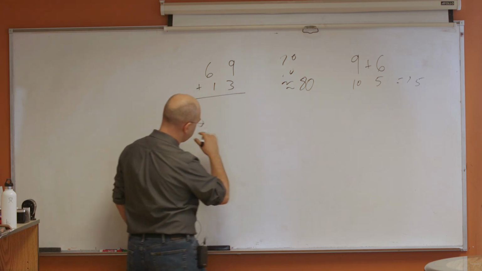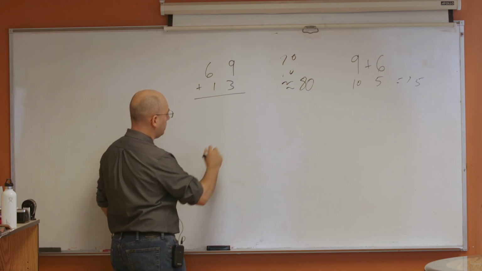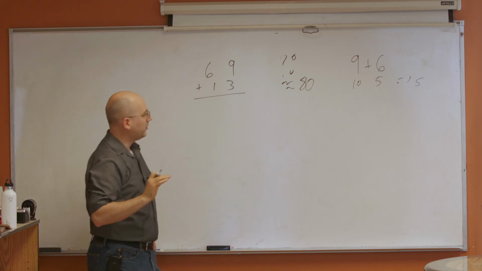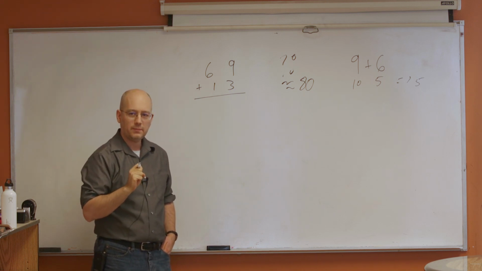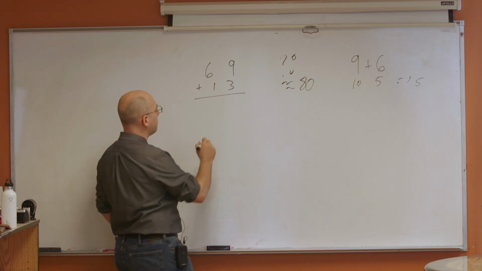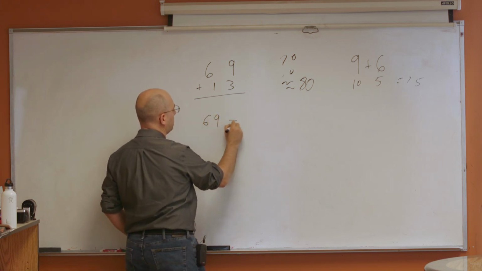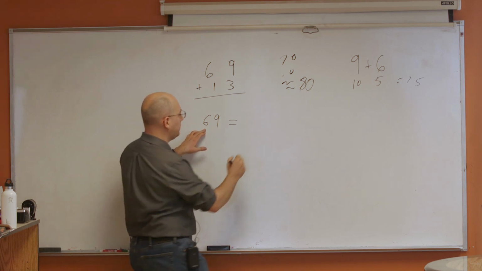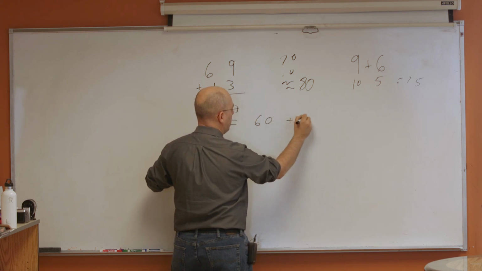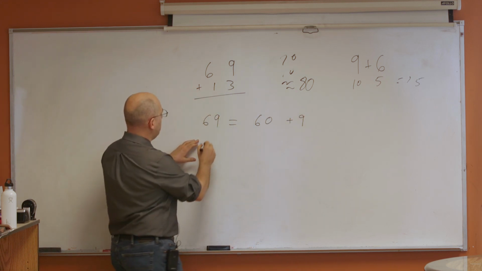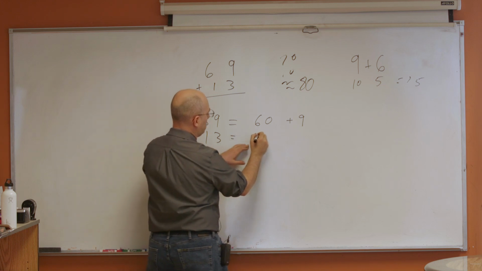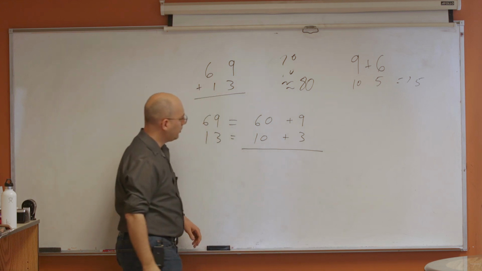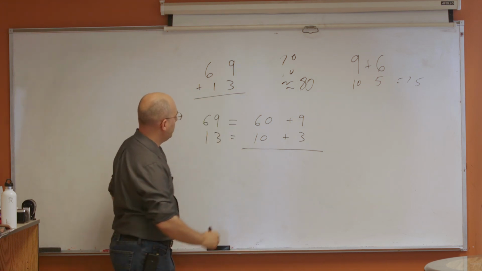So, before getting to the actual technique, the setup is, so what is 69? How can I write that in a different way? So, what is this? This 6 says what? I've got 6 tens, right? So that's 60. And then I have 9 ones. And 13 is 1 ten and a 3. So, if I want to add them up,